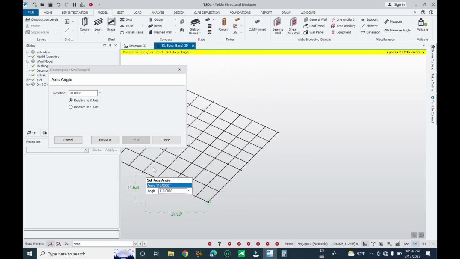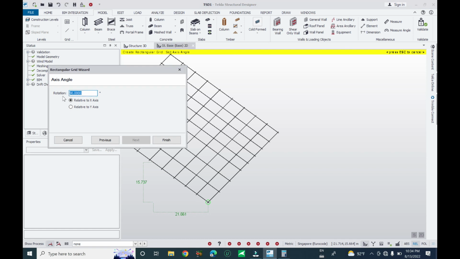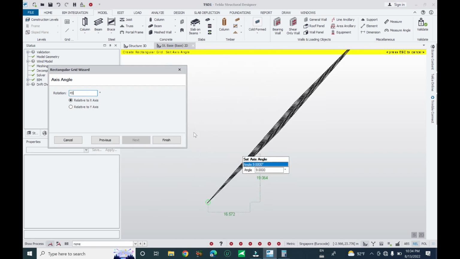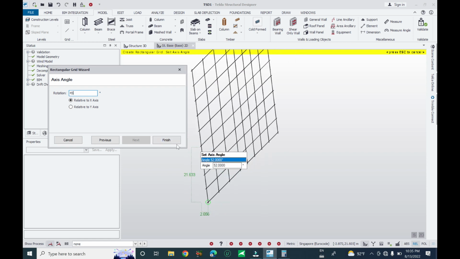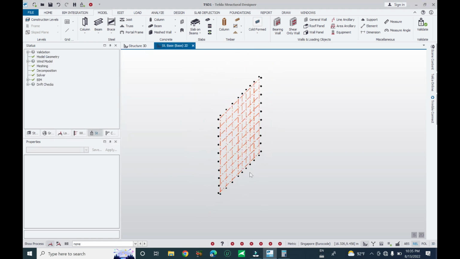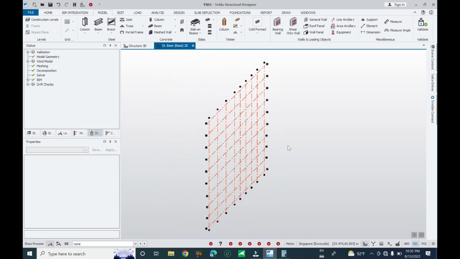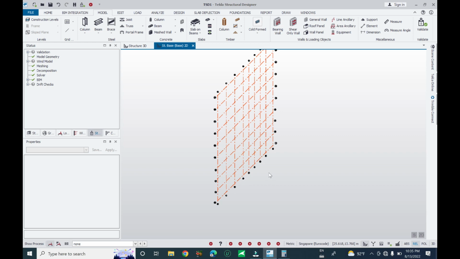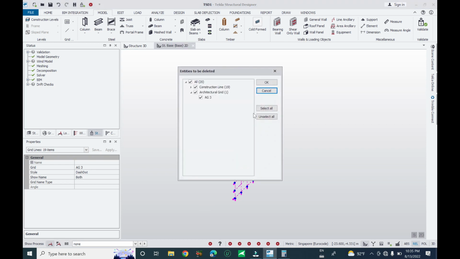and you can click other direction. Now the case I want to use 45. Okay, and you can click finish. The grid line will be rotated 45. You see here 45. In the case you want to create grid line with the rotation. Now let me delete it,